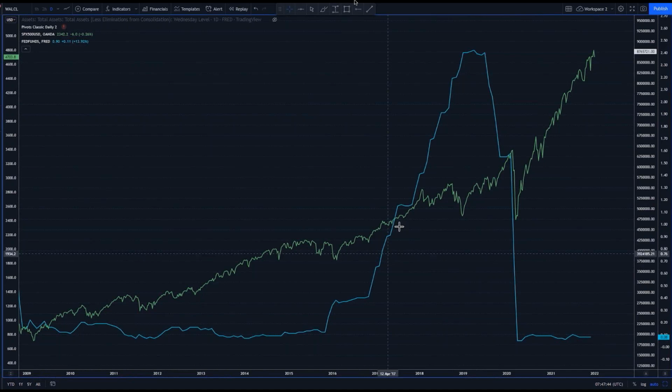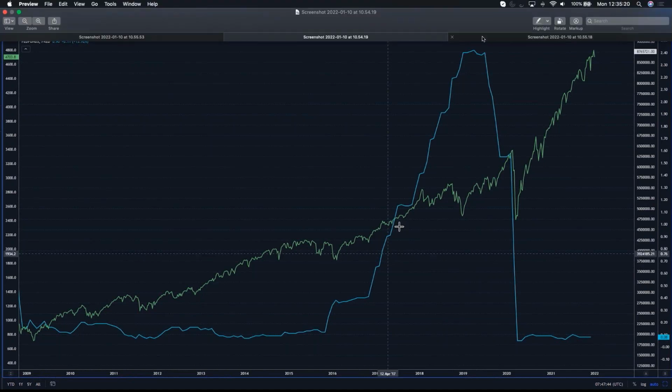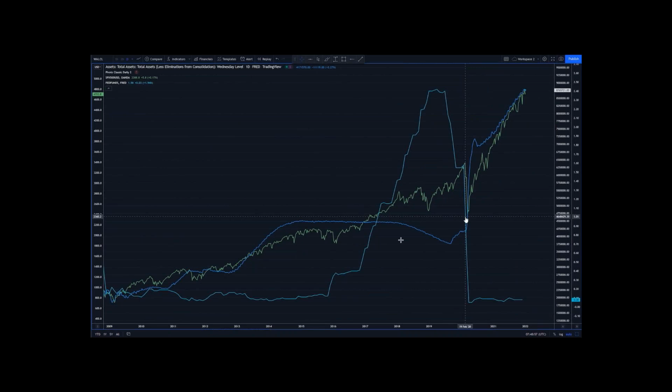Now, whether that happens does remain to be seen. We're in the kind of twilight zone where we're trying to work out what the latest information is. Also, to help us, you can see here the balance sheet is the light blue line. As the balance sheet was tailing off, plus the Fed expecting to raise interest rates more aggressively, that resulted in stocks moving lower.